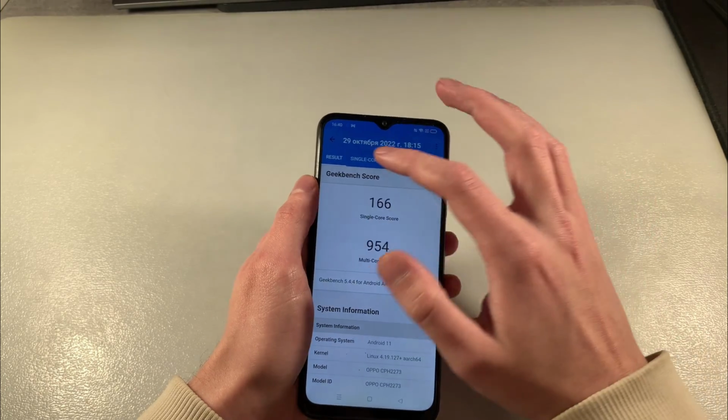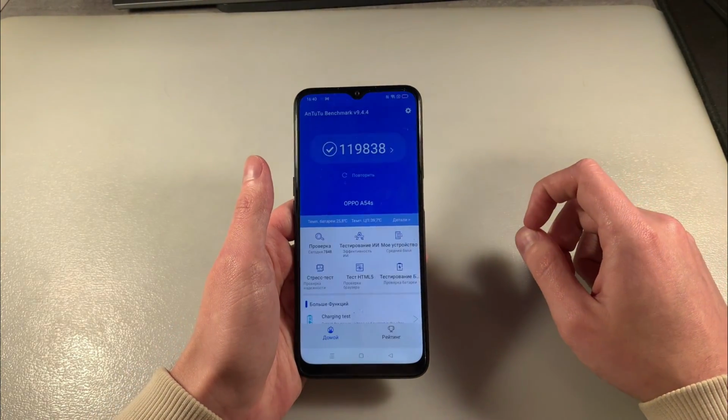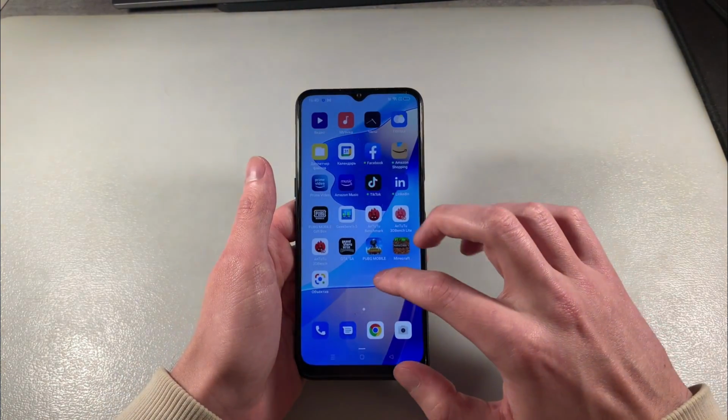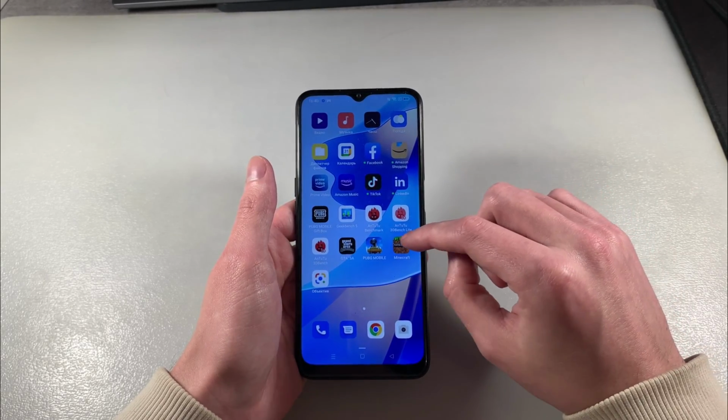Results: single core score, multi-core test results, and GPU test results. Close this. Look into the benchmark results. And do the benchmark results. Close this. Okay, and now